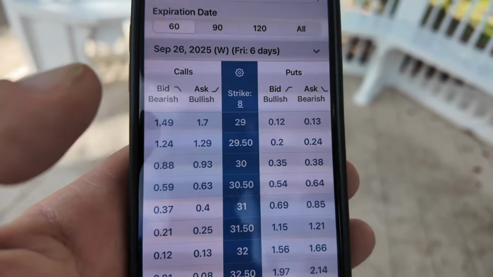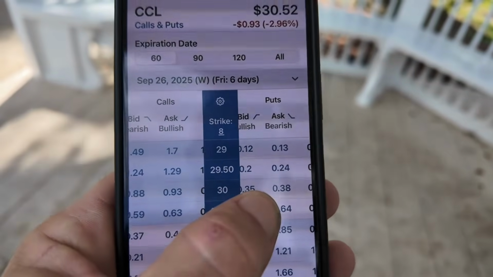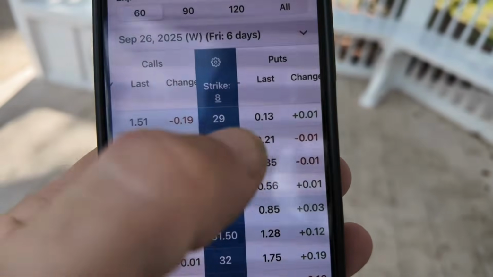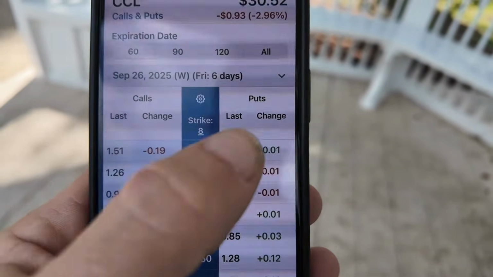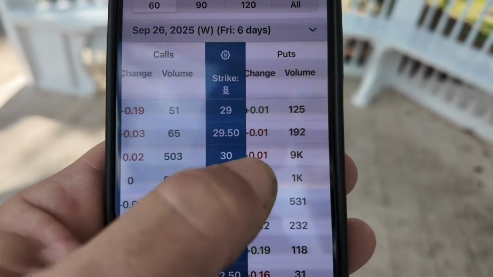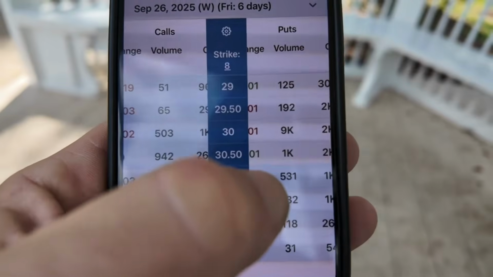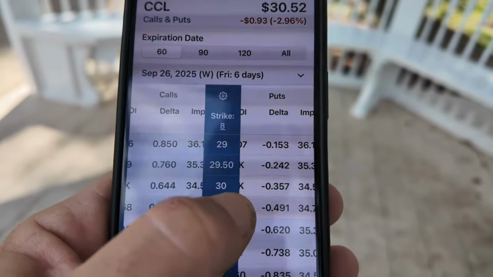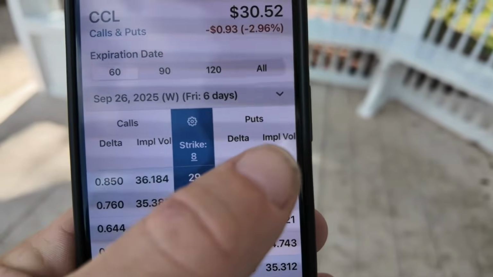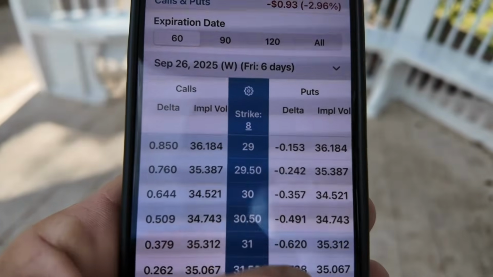That's the main information that you need to know to sell the options. But if you move over to the left, it's got all this other information. So the change, that would be how much it went up or down for the day, the volume, how many people are selling the options. I have the delta here, and I put implied volatility on there too. Those are the two main tools that I like to use when selling the options.